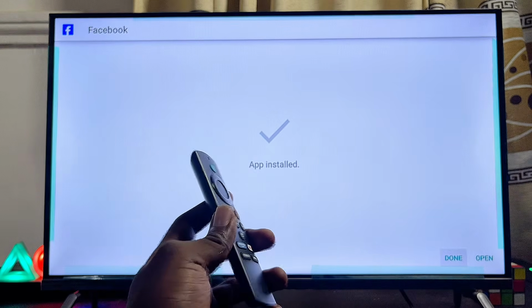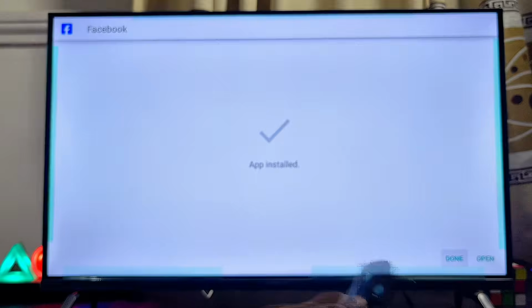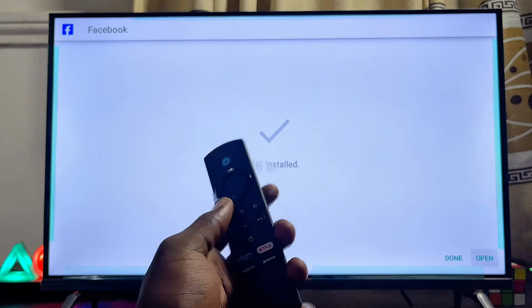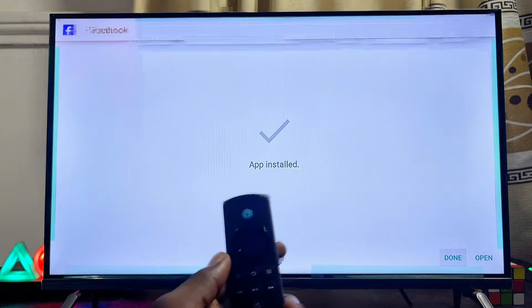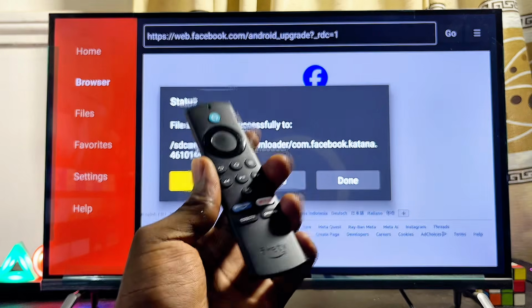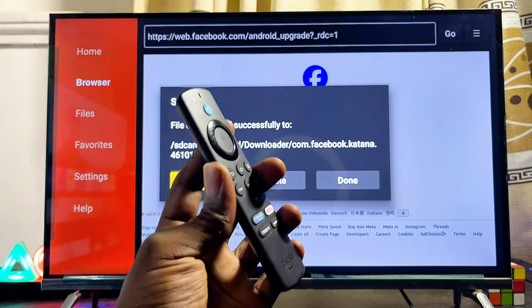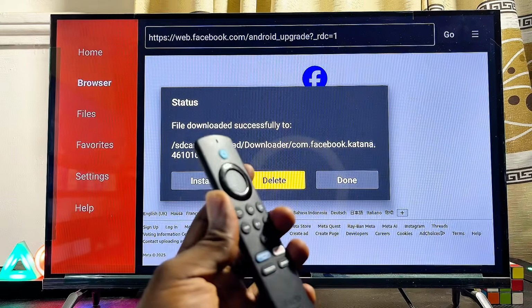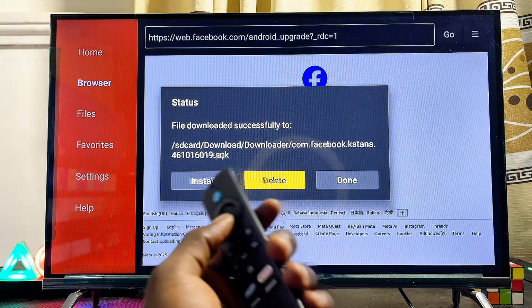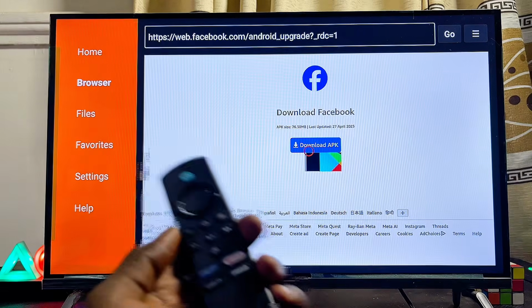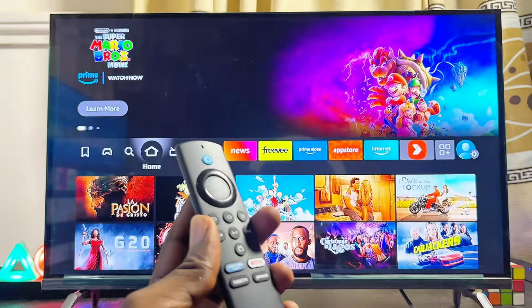Now you can go ahead and open up this third-party app APK directly from here by just clicking on the open button. But before we do that, usually I recommend you click on the done button first so that you can now delete this Facebook APK file from your Fire TV Stick so as to avoid it consuming a lot of space on your Fire TV Stick. So the app has already been installed, you don't have to worry, just go ahead and delete the Facebook app APK. And at this point, you can now come back to the home of your Fire TV Stick